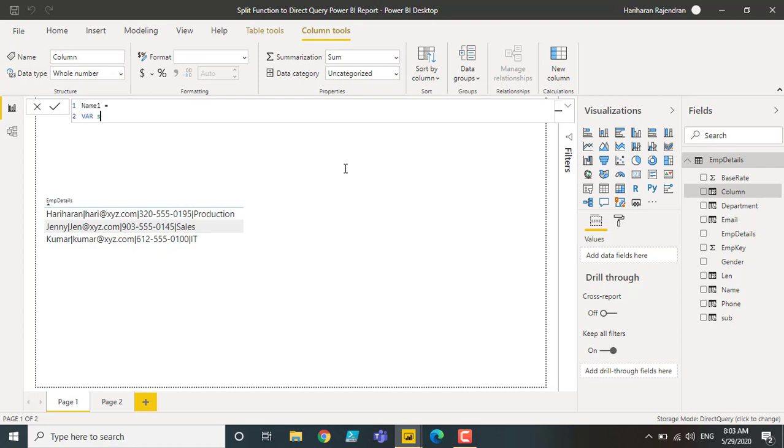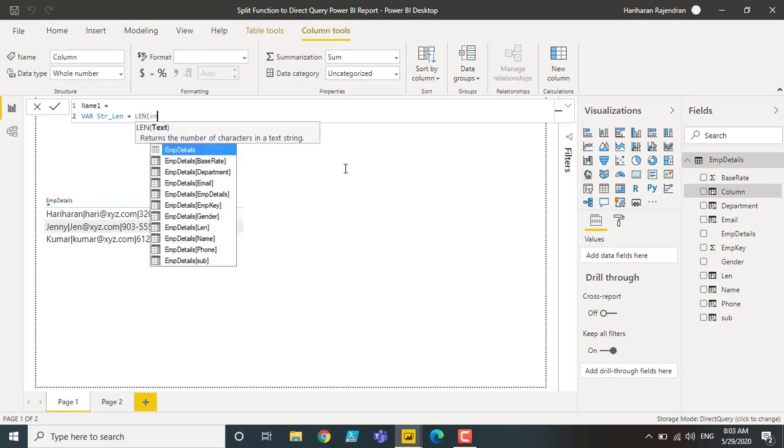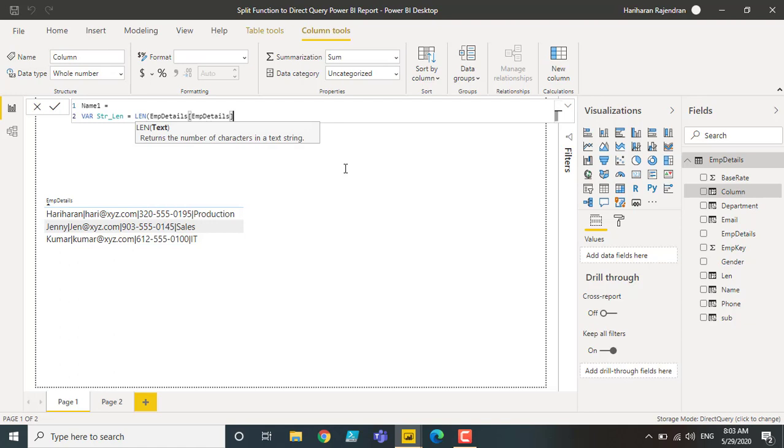So let me say string length. This is my variable name, and it holds the length of the employee details. We got the length, and we are going to utilize that length in the return statement.